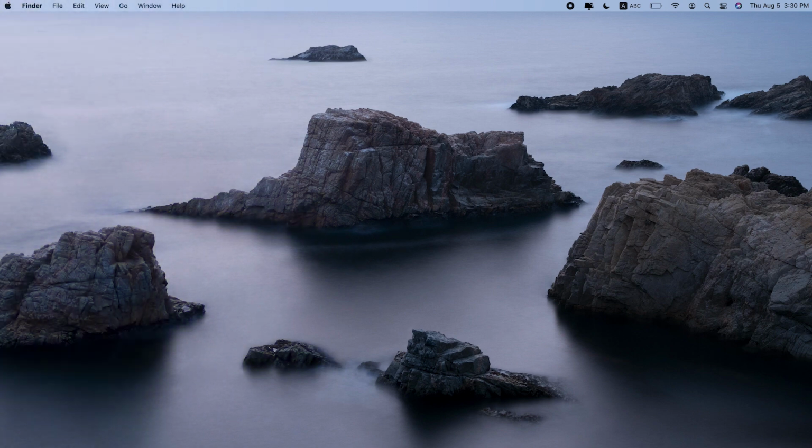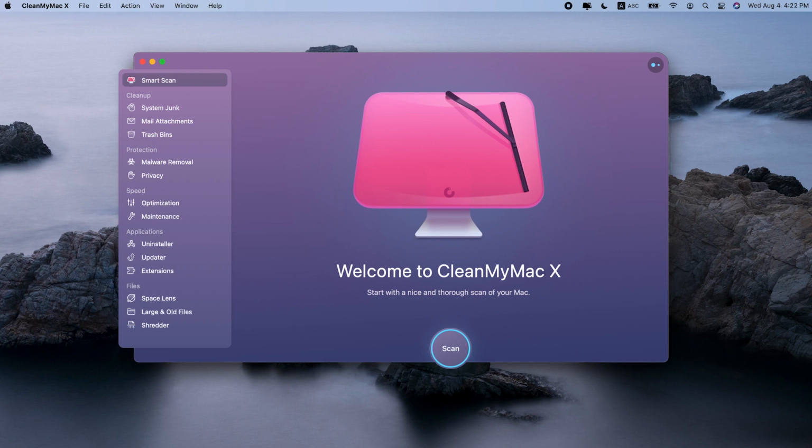It's never easy to find what to delete. Here's a tip. I usually use Clean My Mac X when I'm in dire storage need. It gives me ideas on what I can safely delete. There's always from 10 to 20 gigabytes taken up by junk and various cache files. So that's one idea to free up space quickly. You can use the free version of Clean My Mac X. The link is in the description.